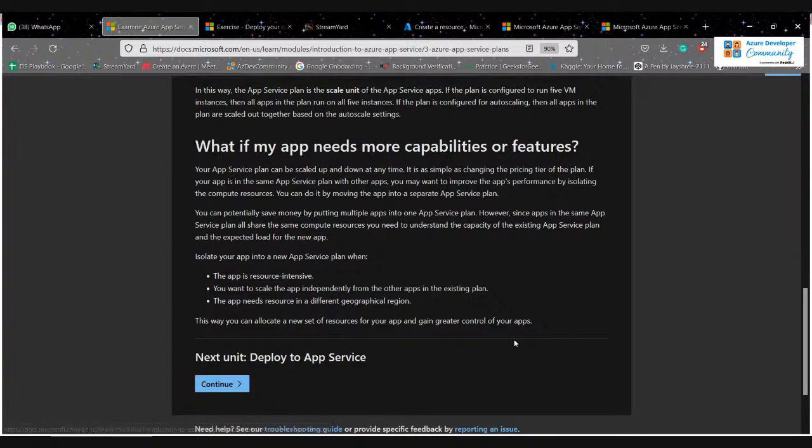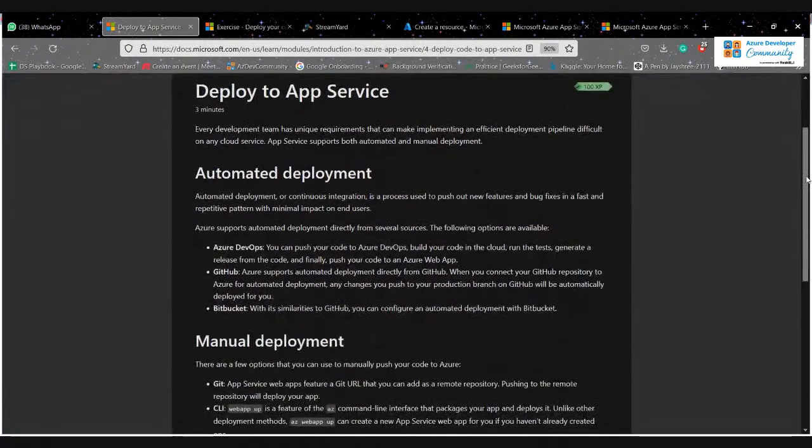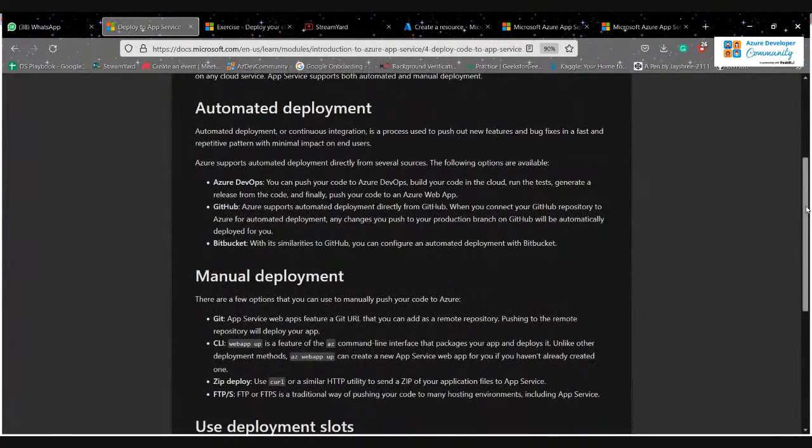Then we have deploy to app service, which is your automated deployment. We have seen two types of deployment. We can deploy by just clicking on the platform we want to deploy from, like Azure DevOps, GitHub, or Bitbucket. We can choose from these options to deploy our web app, or we can work with manual deployment. For example, if you're working on premises and are not connected with GitHub or anything,